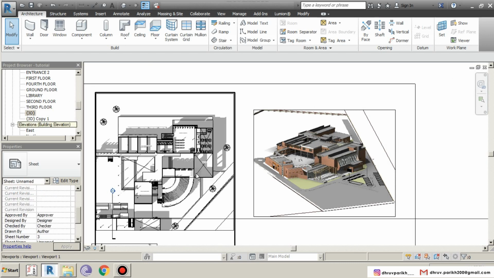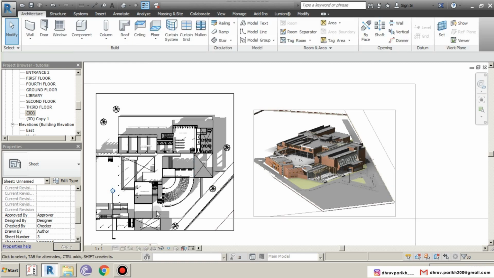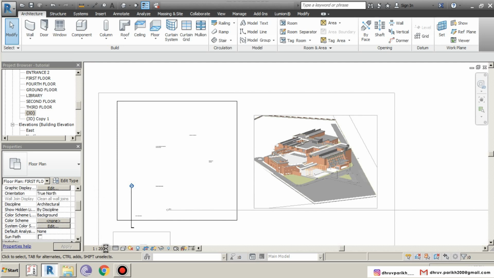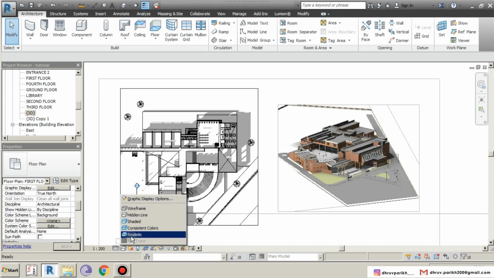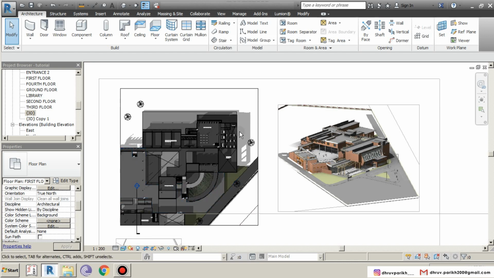Double click outside and I'll go to now plan, and I will activate the edit mode, and you have again the same options. I'll go to realistic, and you have these dark colors coming in. Well, you can change that also as per your color palette. It actually saves a lot of time.